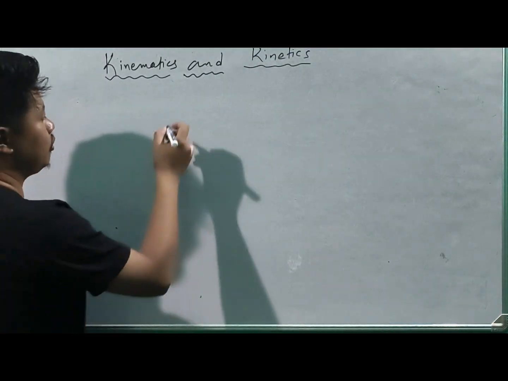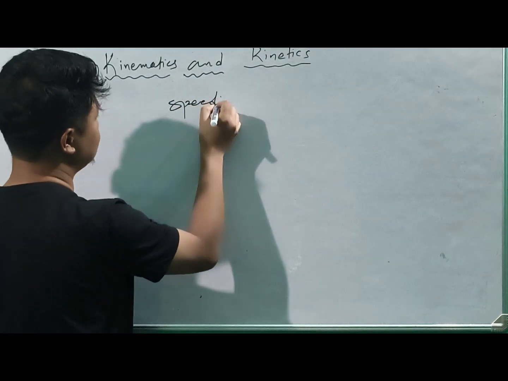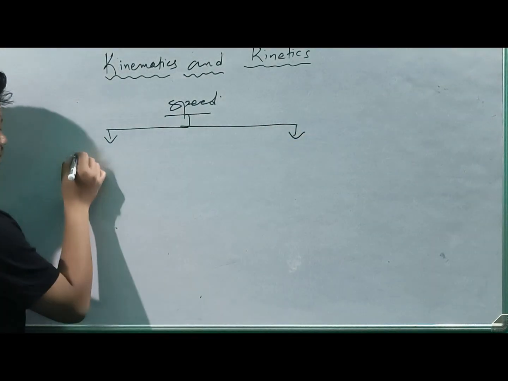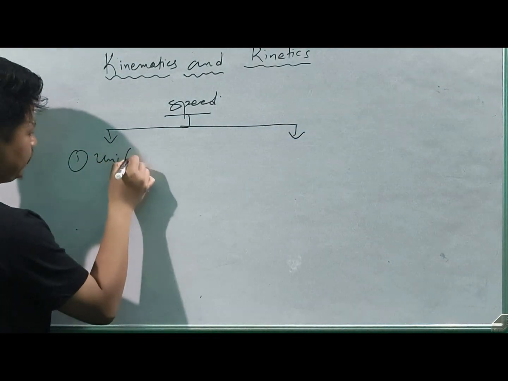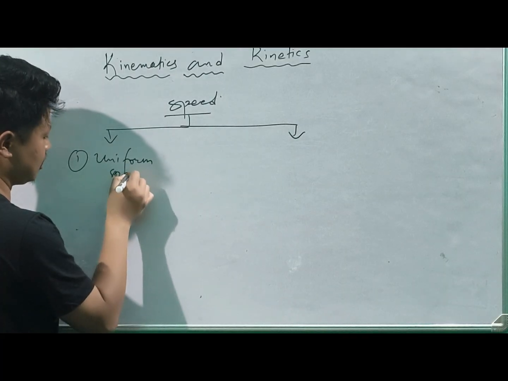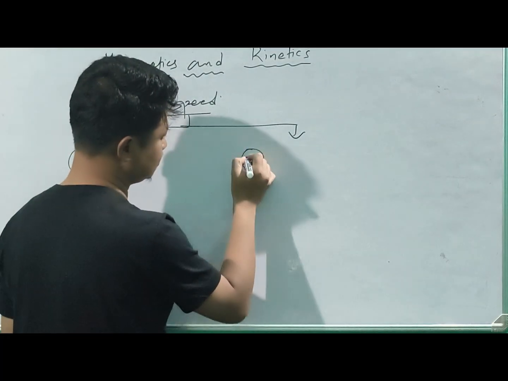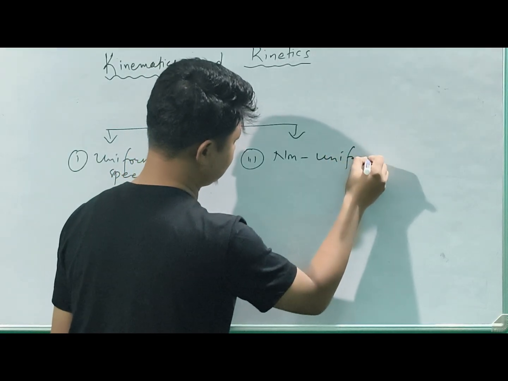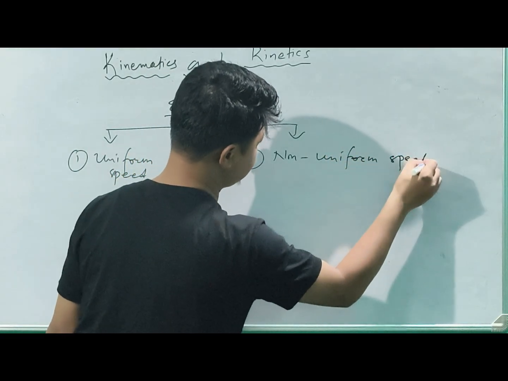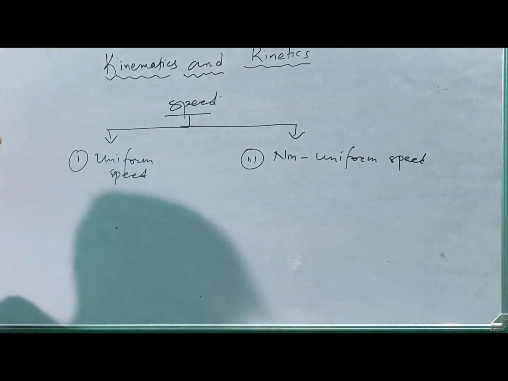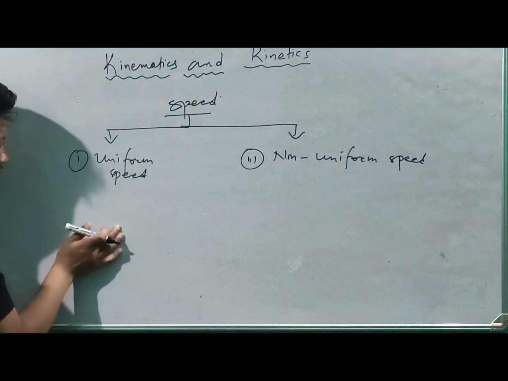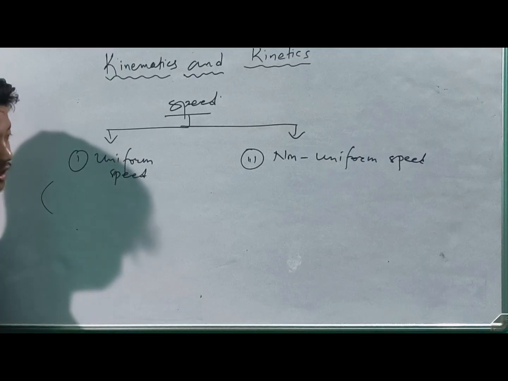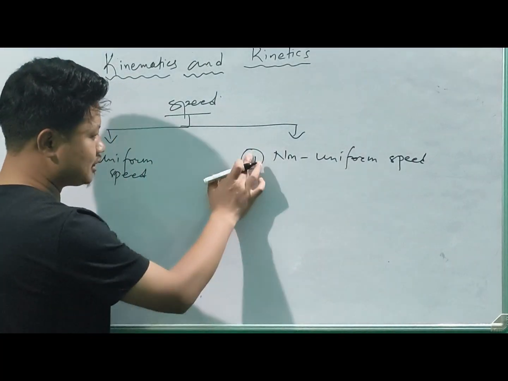Now if you look at speed, we have two types of speed. One is uniform speed, another one is non-uniform speed. What is uniform speed? What is non-uniform speed? Let us discuss one by one. In uniform speed, an object will cover equal distance in equal intervals of time. Let us say